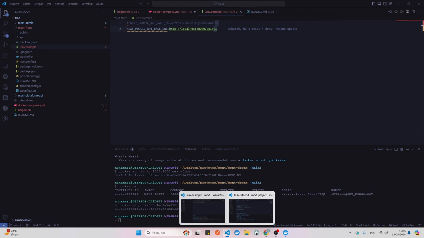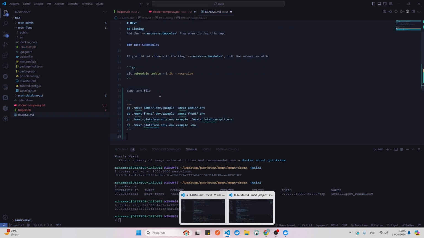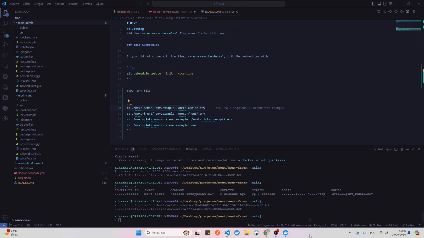If we want to run them, let me add this script over here, copy environment files. So we can copy the max admin .env.example and create inside the max admin the .env file. Notice over here in the max admin we don't have the .env. If we run this,